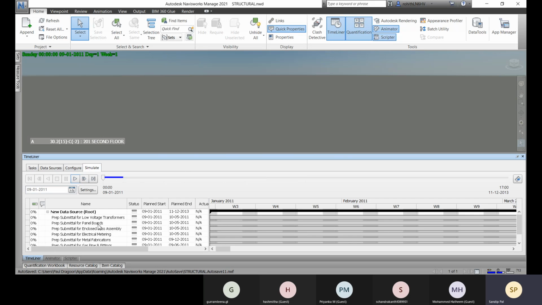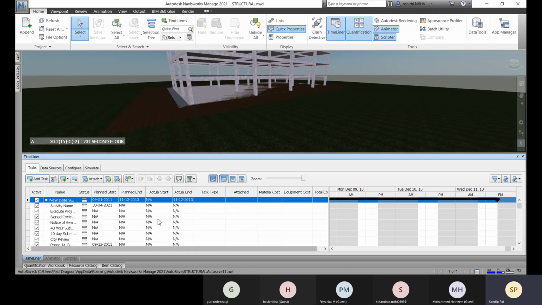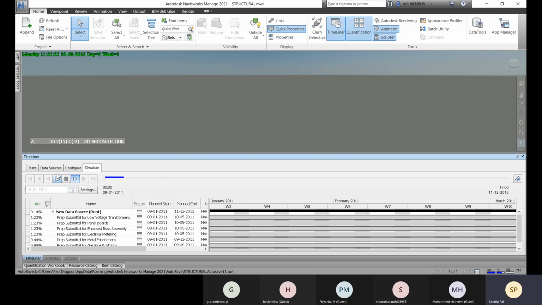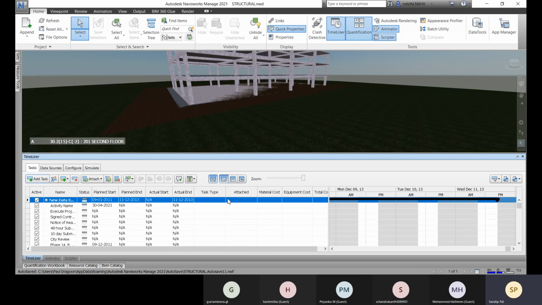So this way we can have it. And there you can see that everything is there. We just need to assign the components. Otherwise, even if I run, you will not see anything, right? So you just have to define the task type and all these things you have to do manually.